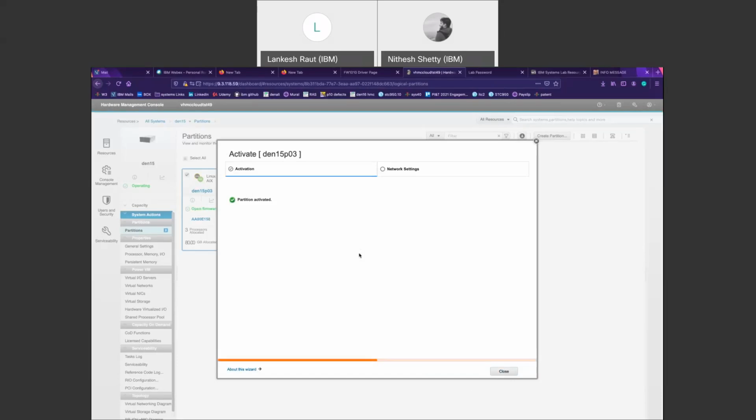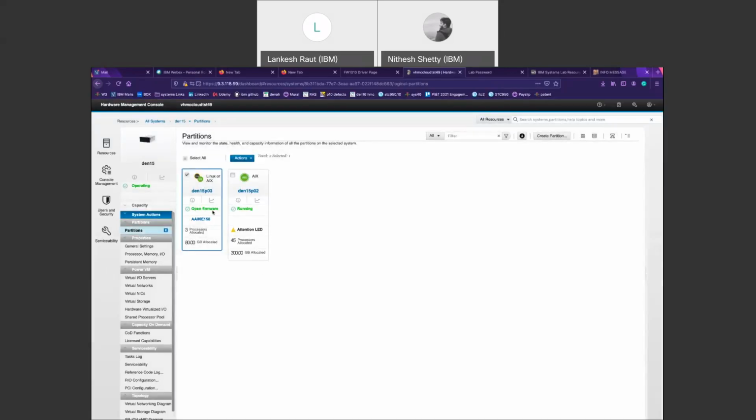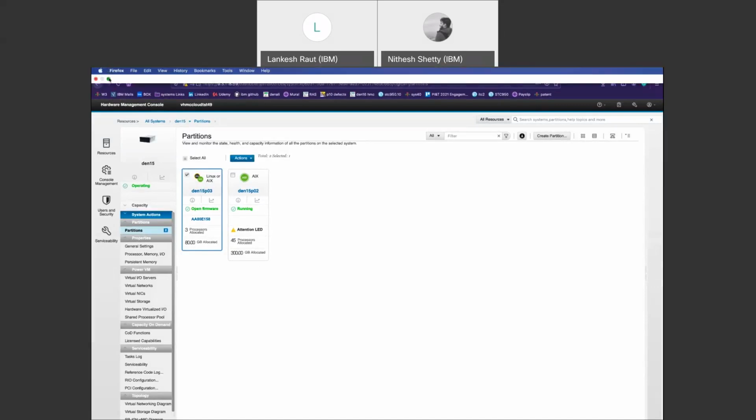Okay, the partition is activated, right? But since it is in open firmware, that means we have yet to install the AIX. Okay, on that, so now what we will do is